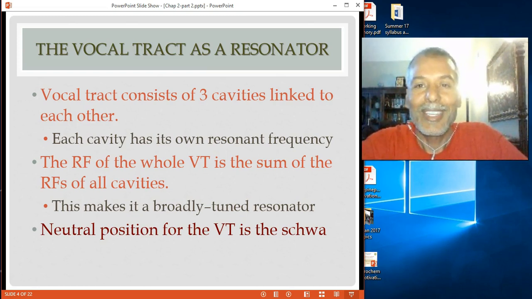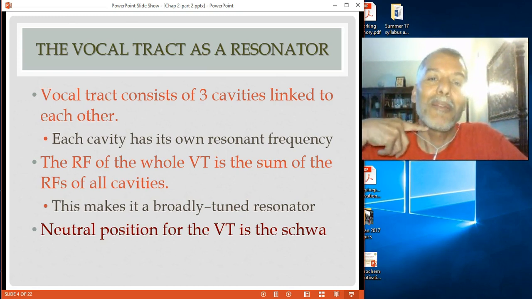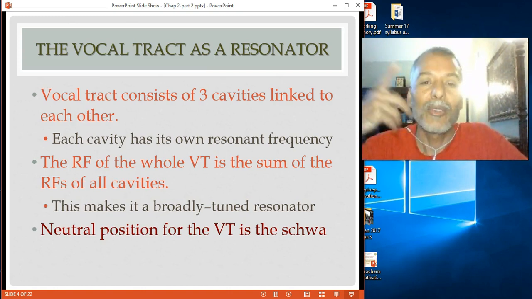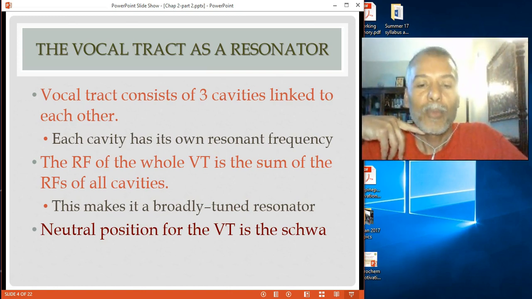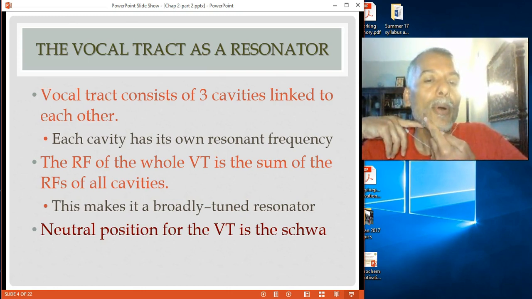But of course, that is not realistic, to have a surgery and a machine. So the only way is to make the smallest sound possible and have it go up through the vocal tract,